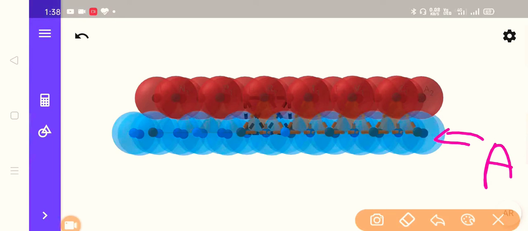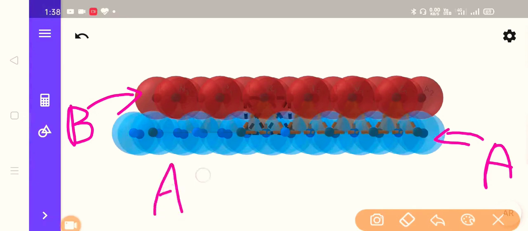It is not exactly the same as the first layer because we arranged the spheres in the depression of the first layer. That's why we will call this second layer layer B. So here we have an A B type arrangement for the first two layers. This is important to note: we are talking about two layers only.